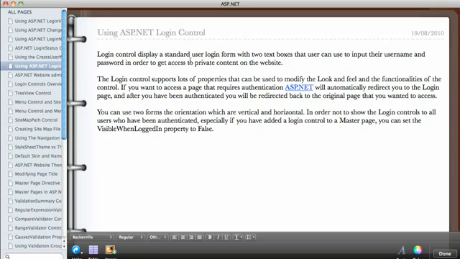In this video, we're going to be looking at the ASP.NET Login Control. The login control displays a standard user login form with two text boxes that a user can use to input the username and the password in order to get access to private content on the website. The login control supports a lot of properties that can be used to modify the look and feel and the